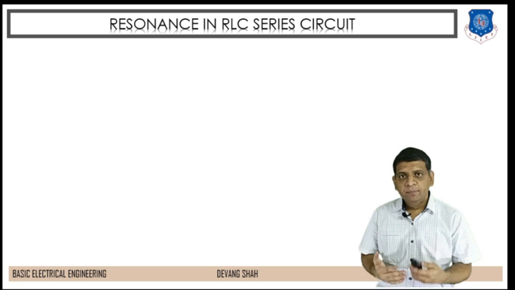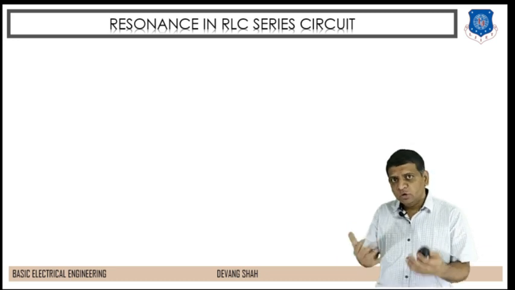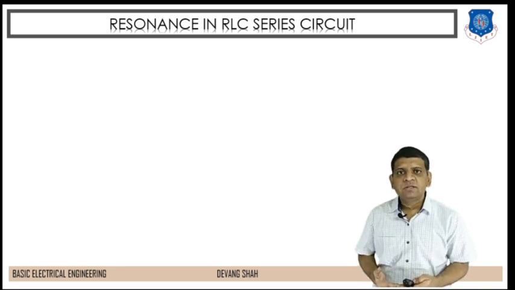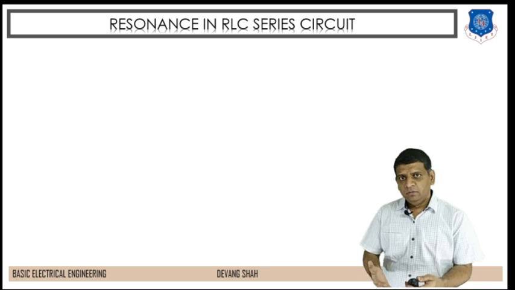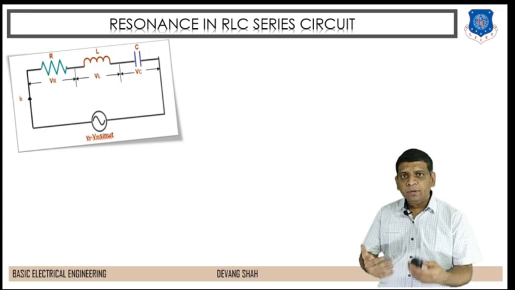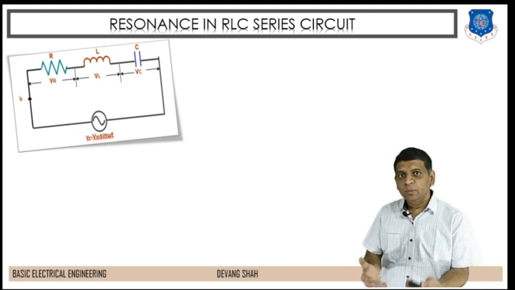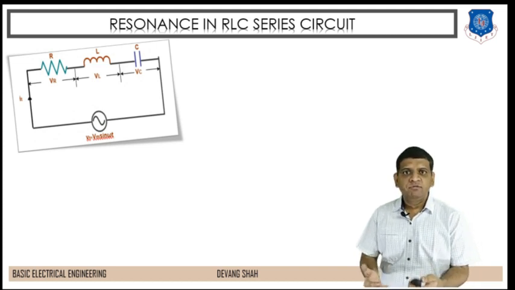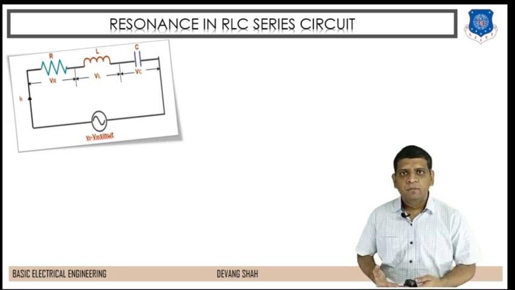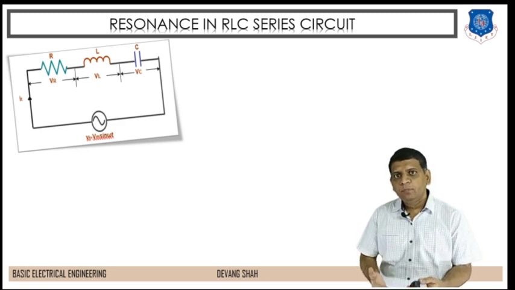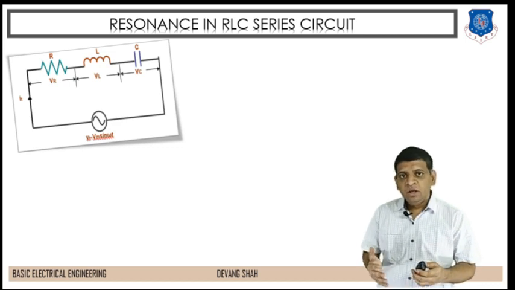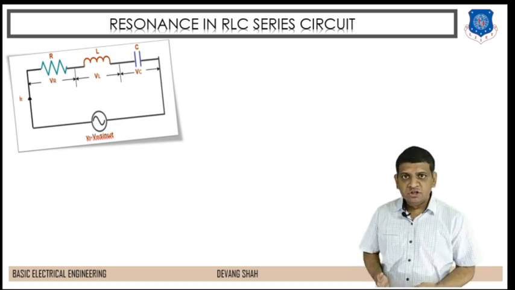In India we apply a frequency of 50 hertz, but if you talk about the US and some western countries, the frequency applied is 60 hertz. So what happens if you have a resistance, inductor and capacitor all in series and you apply the voltage v(t) is equal to Vm sin omega t, where the frequency is 50 hertz? With respect to this frequency I have to check what would be the voltage drop across resistance, inductor, capacitor individually, and some more circuit parameters with respect to frequency.